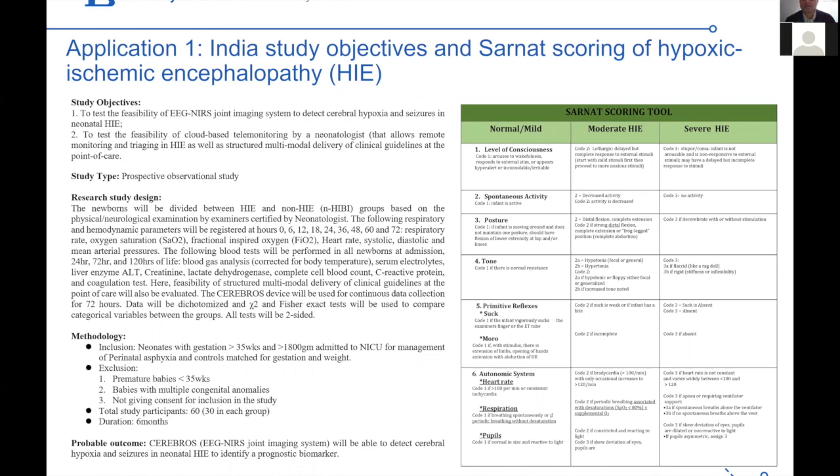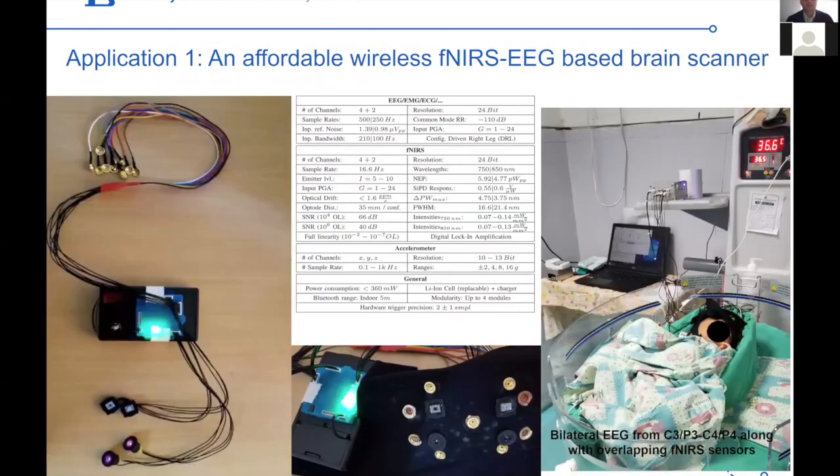So what we did instead is use the clinical technique, which is just Sarnat scoring. It doesn't really tell us much about the state of the hypoxia, but more about the hypoxic ischemic encephalopathy and its symptoms, with different levels of consciousness. In the animal study our goal was to detect hypoxia, which was clearly classified based on the invasive recordings. We have now moved to classification of these Sarnat stages, and there what we have found is that